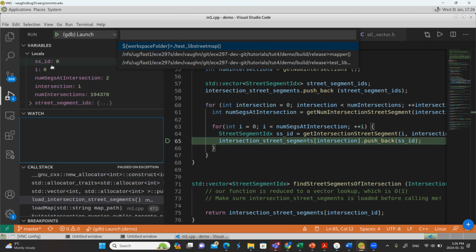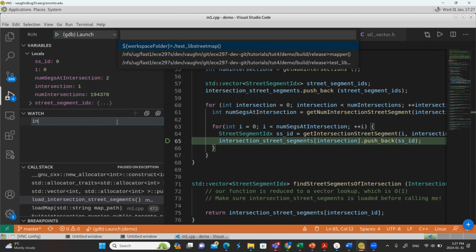So the variables window shows me variables that the debugger thinks might be interesting, and intersections was actually kind of interesting. The number of segments of that intersection was 2. That seems okay. The number of intersections of the whole city was 194,000. That seems okay. So none of those look very suspicious. I can go here and I can actually even ask some more questions.